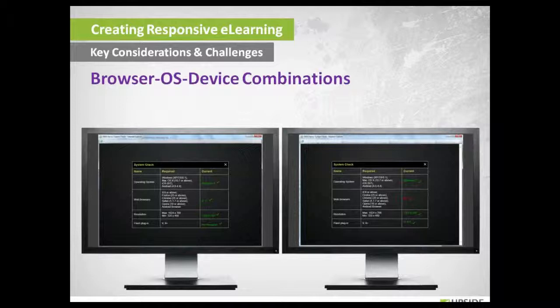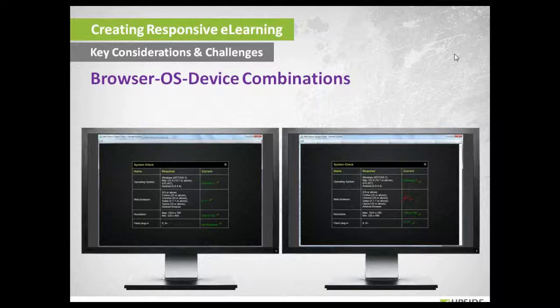We thought of how we can let a user know what kind of experience they might have. We thought of bringing in a check where we tell the user what device configuration they are on. We also thought we could show a warning to the user that you're not on an HTML5 supported browser and you might not get the best of the experience.